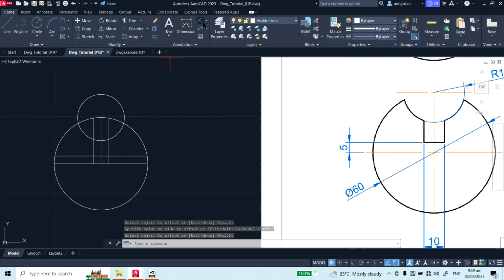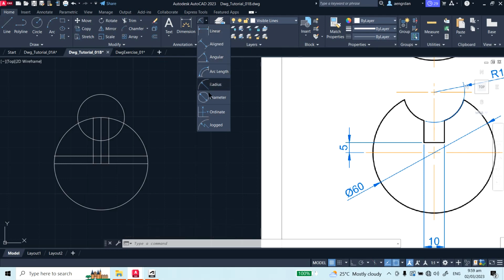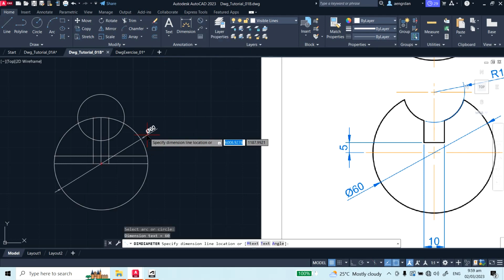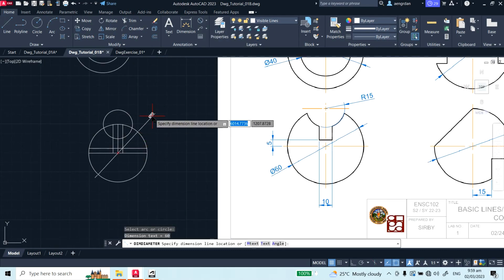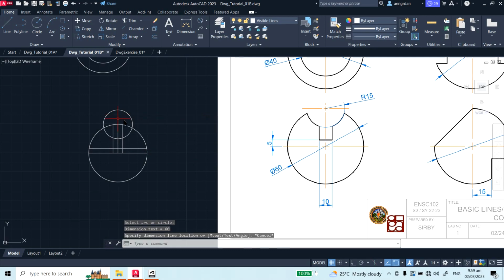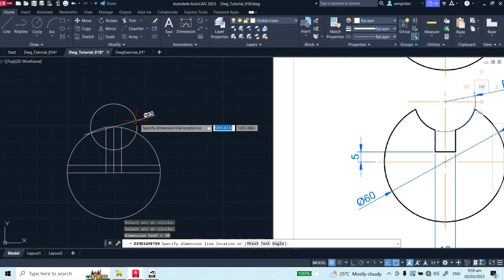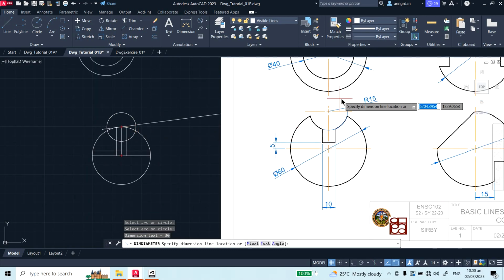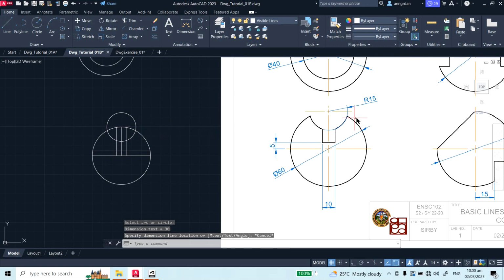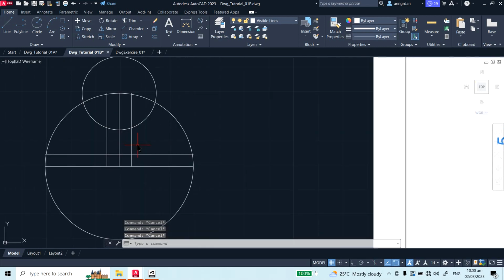Okay, I'll check this dimension. This is 60. And then this one, the diameter is 30, so I think it's also fine. Okay, so now let's do the trim. So type TR, or just click this trim command,